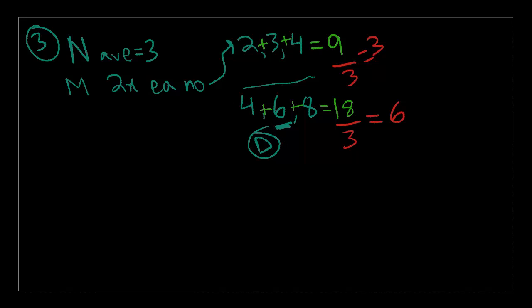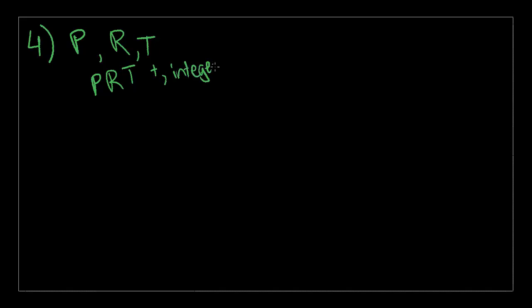So next problem is number 4, which is, if P, R, and T are digits in the positive 3-digit integer PRT. So there are 3 separate digits, P, R, and T, and they make up the number PRT, which is a positive number and an integer. So no decimals yet. But, so what is the decimal equivalent of PRT times 10 to the power of negative